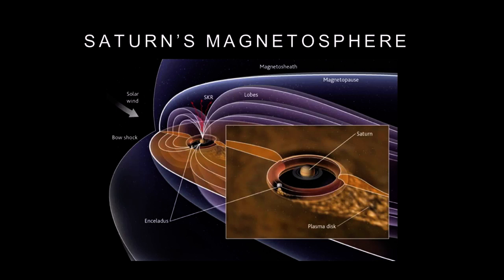Now when it comes across a planet which has a magnetic field, like Earth, but Saturn as well, we then have a region where the magnetic field of the planet carves out that space. And so at the front we have what's known as the bow shock. So this is where the solar wind is coming at you at supersonic speed, and then hits an obstacle and you have a big bow shock, or like a shock wave that sits upstream